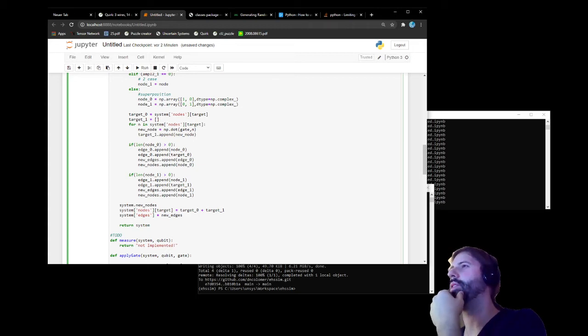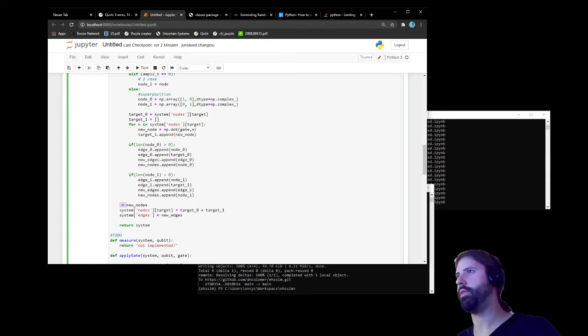Do I have to do this? Actually, I might not have to do that, right? Because nodes target. Yeah, I want to add them to the qubit edge. So I want to say system